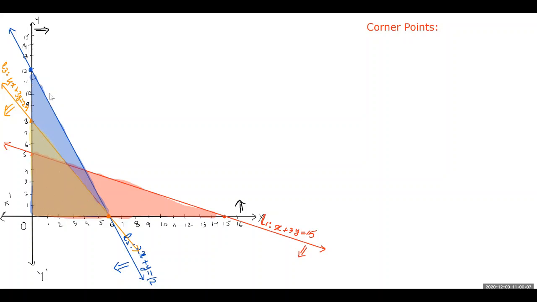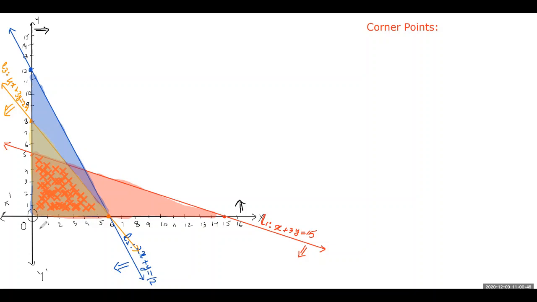You can see the solution region of the three inequalities. This is the solution region for the first one, for the second one, and for the third one. And when we try to locate their common solution region, we get to this region, starting from, let's say, O, then this, then this, then this, and back to O. Now let's stamp it with some shades so that it becomes prominent for you all. Here it is. This is our solution region, which is the common portion of all the three inequalities. And now let's mark the corner points.